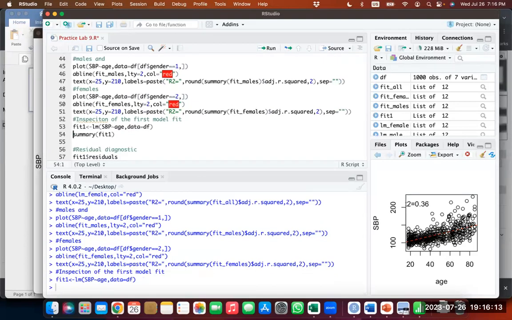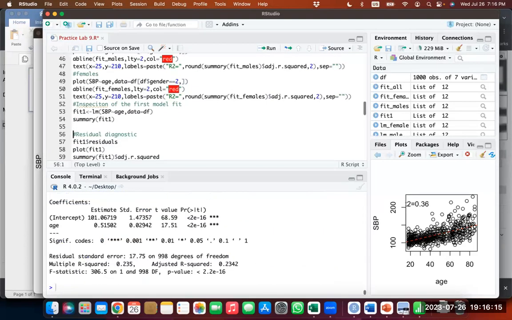So now we want to inspect the first model fit. We looked at this summary. We looked at this. Now we want to dig a little deeper. Any questions about any of this so far? I think in terms of coding, it's considerably simple, right? It's really not that complicated. So you have now with fit$